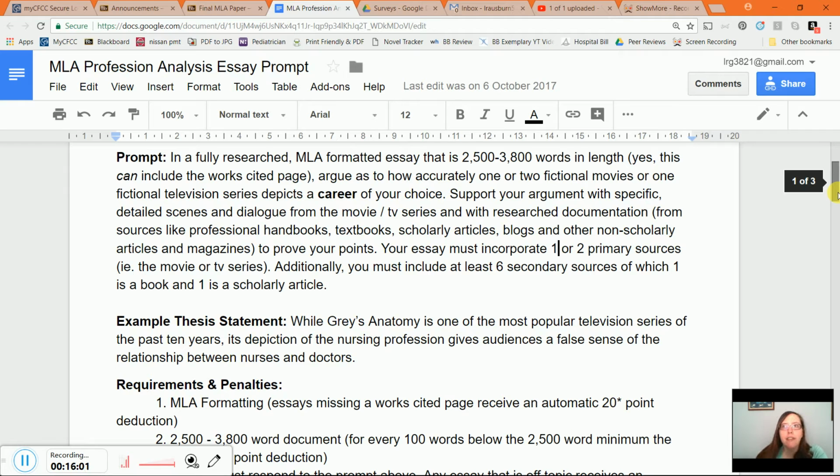You can get really creative with this if you want. In the past, I've had somebody analyze The Lord of the Rings, and she made the claim that the orcs in The Lord of the Rings were depicting blacksmithing, and then she made the argument that that depiction was accurate within the movie.